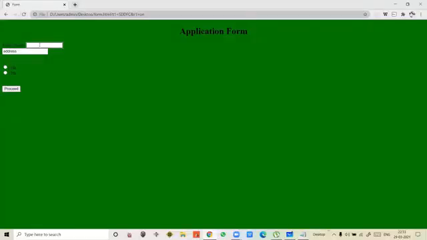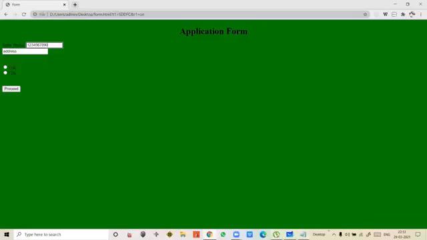Max length 10. 4, 5, 6, 7, 8, 9. It's not taking more now. Getting it, that means only till 10 characters it has taken, because my text box size is of 15 characters or more. Okay, but it is taking only up to 10, because I have specified the max length.